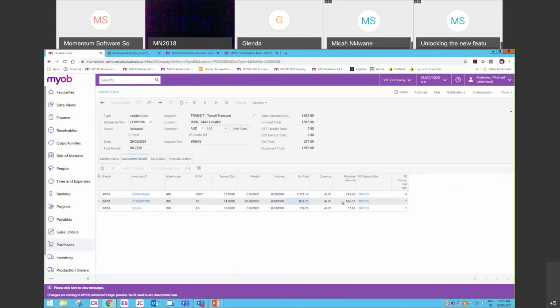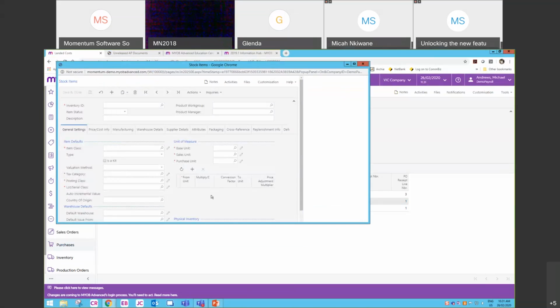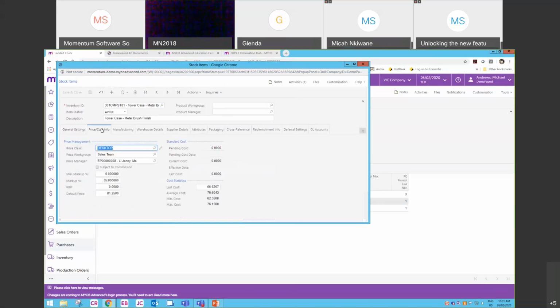So what that does is allow you to enter your bill for your landed cost supplier, whom you're going to pay separately to the inventory supplier, and apportion the landed costs across multiple shipments or receipts. Those receipts can relate to multiple suppliers. Then it will update the cost for each of the items to reflect the correct average cost. So if I look at the transactional history for this particular product,